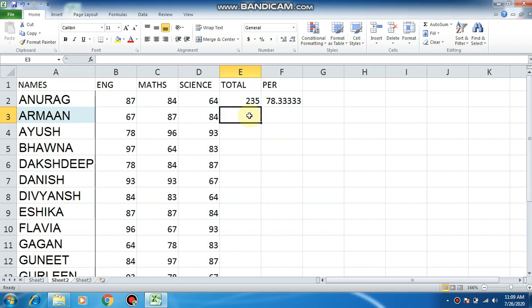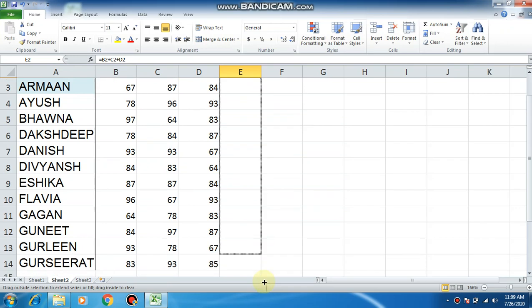So instead of giving the formula separately for all the cells, I can copy the formula. How do I copy the formula? I select the cell and I go to the bottom right corner of the cell, and when my mouse pointer changes to this black cross, I drag it down to copy the formula.